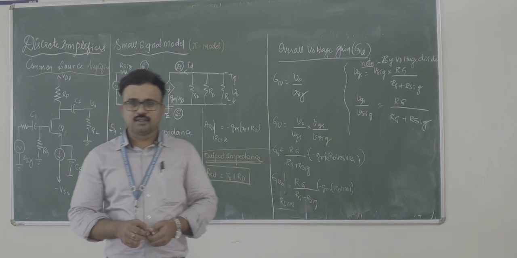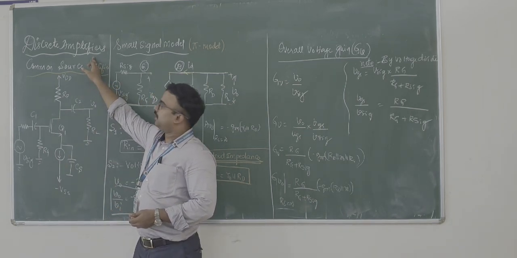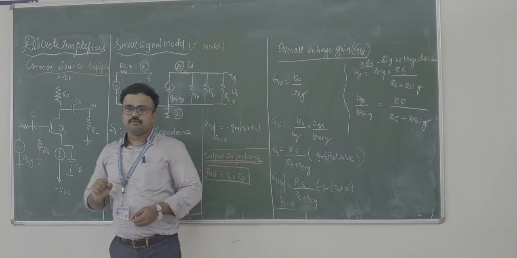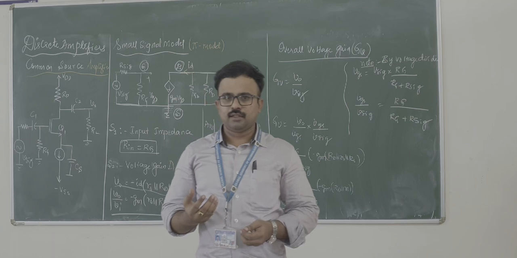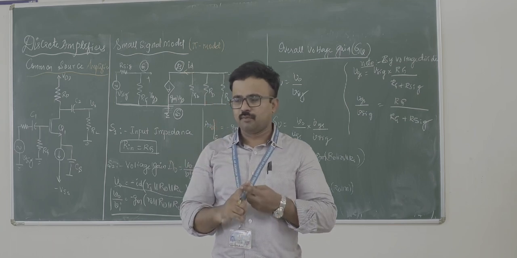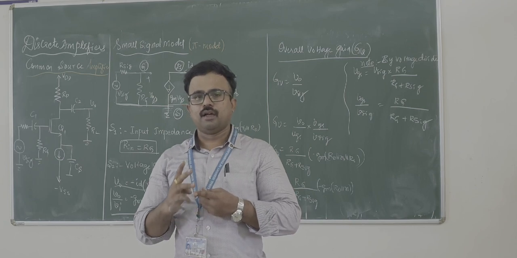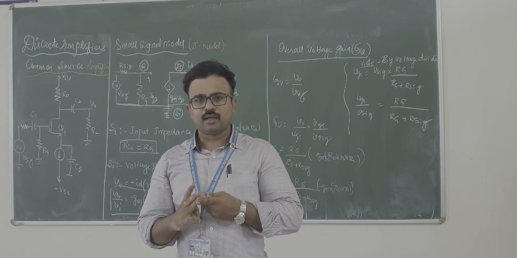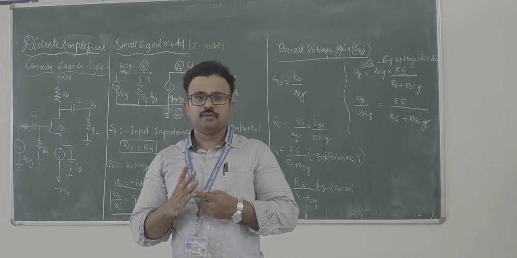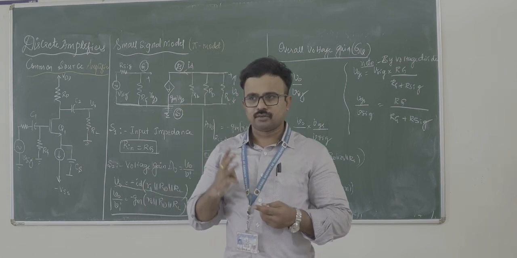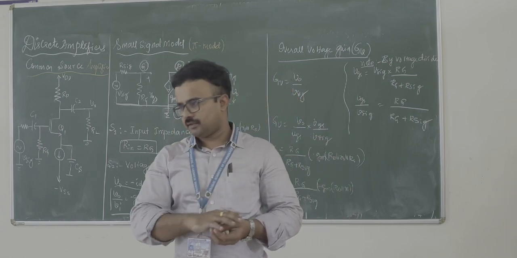In today's class, we'll discuss discrete amplifier using MOSFET. There are four terminals pertaining to MOSFET. What are those four terminals? Gate is the first terminal. Secondly, you have the source terminal. Third, you have a drain terminal. And the body terminal or the substrate. Usually the substrate is connected to the source, so from four terminals it will scale down to three terminals.